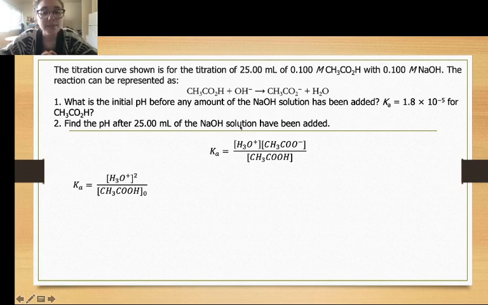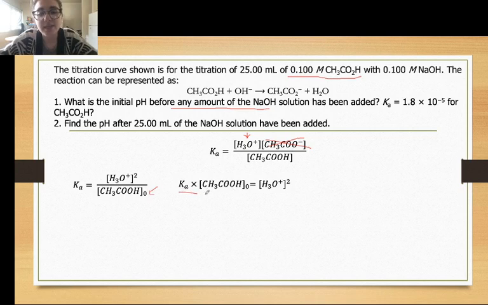Now, this is because when I look through here, no NaOH has been added. If no NaOH has been added, then no conjugate base has been made, because if I look at my equation, we need OH minus to get our acetic conjugate base. And so instead I just have to look at the initial concentration of my acid, and then I go through,